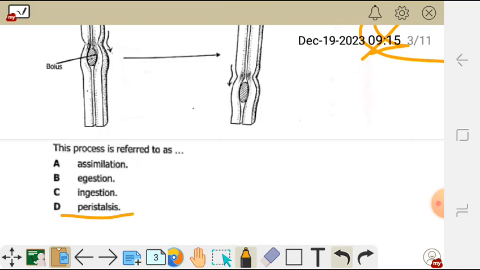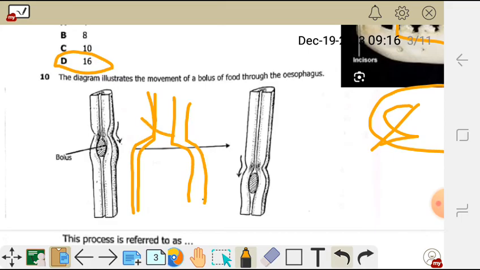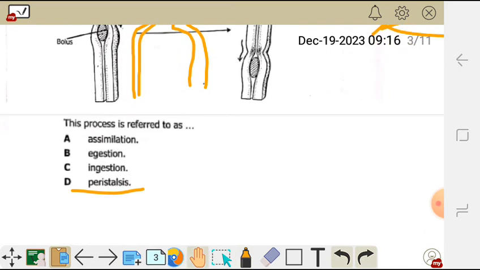Okay, so the correct answer here is peristalsis. Peristalsis is simply the movement of food from the mouth to the stomach. It involves contraction and relaxation of longitudinal and circular muscles. So in the esophagus, we have longitudinal muscles, and we also have circular muscles. So the muscles behind the bolus are going to contract, and the muscles in front of the bolus are going to relax. That's what we call peristalsis. Okay, so the correct answer here is